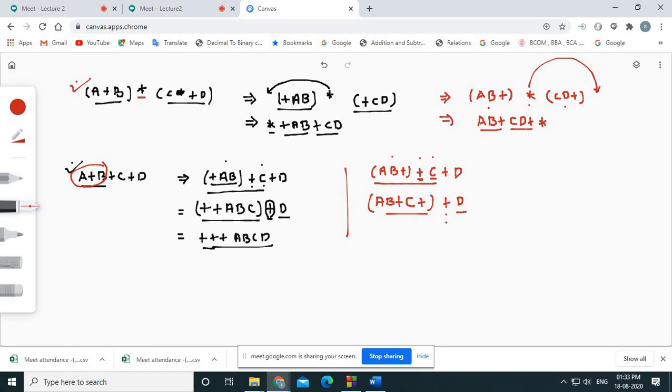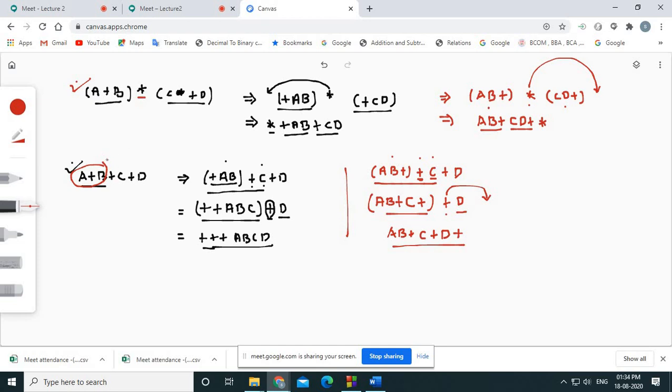In the postfix, what we are doing is first we are writing operands and then the operator. So obviously this plus will come here. So what will be the final expression? Your first operand, that is AB plus C plus, right? This will be your first operand. Then the second operand is what? It is D, and then your operator, this is plus. So AB plus C plus D plus, that will be your postfix of A plus B plus C plus D.